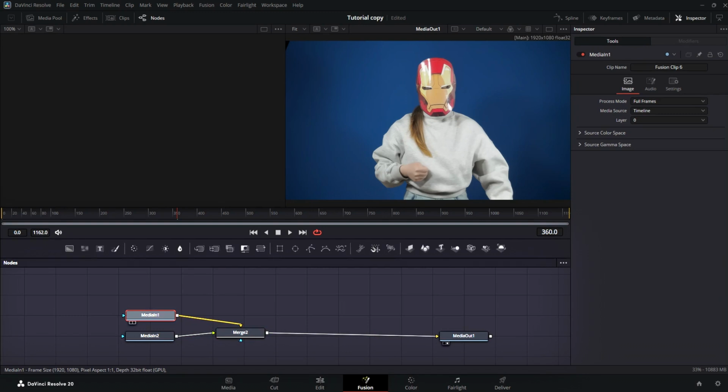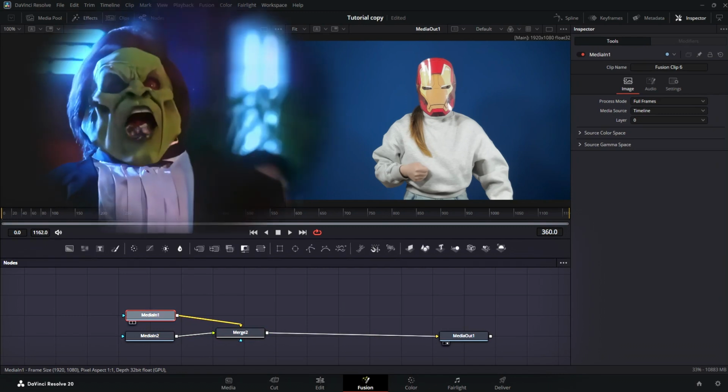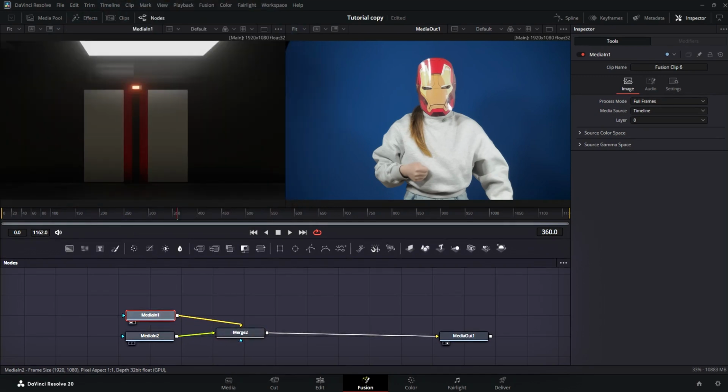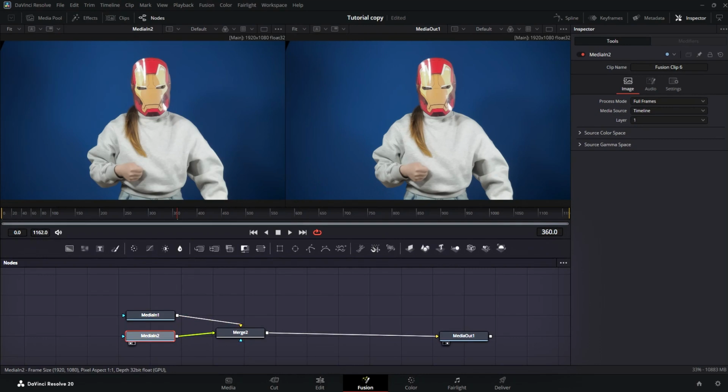Important to notice, those arrows have different colors for a reason. The green input is for the top video and the yellow one for the background. Blue one is for mask, which we don't need right now. If I select the first clip and press 1, we'll see it in the left viewport, whereas our final image is on the right side by default, though you can choose any node and press 2, but I suggest keep